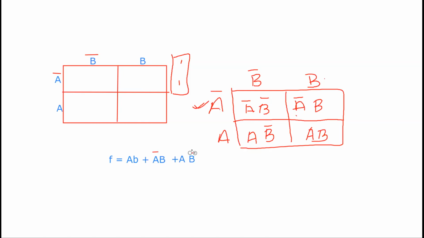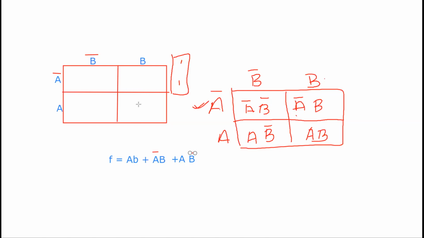Clear? So this is the Boolean equation. Now we will convert this Boolean equation over here, and we will add the values of it. Suppose AB, where is AB? The gate present in the equation, we will write 1, and the value not mentioned in the equation, we will write 0. Clear? I will repeat it.